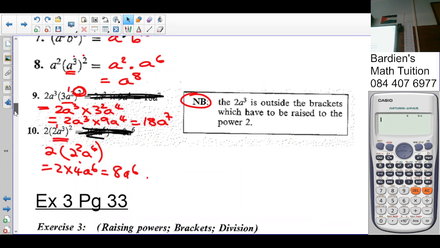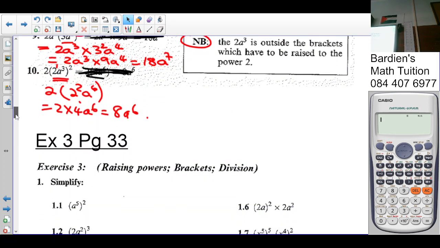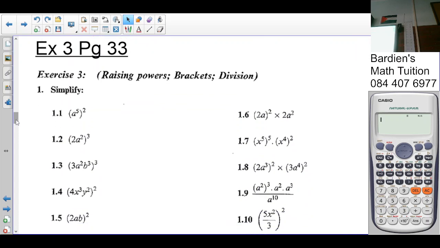Right, then we did all the examples, not so? Then you have to do exercise 3 on page 33. Raising your power, brackets, division. So I said you must only do number 1, not so? Because